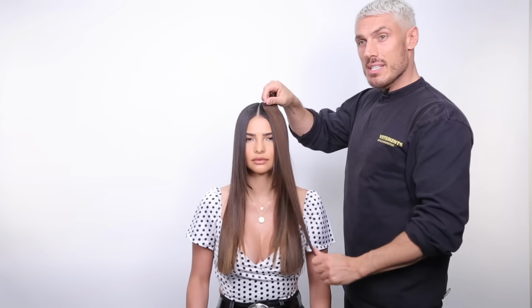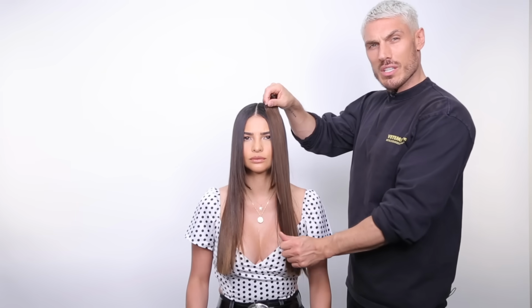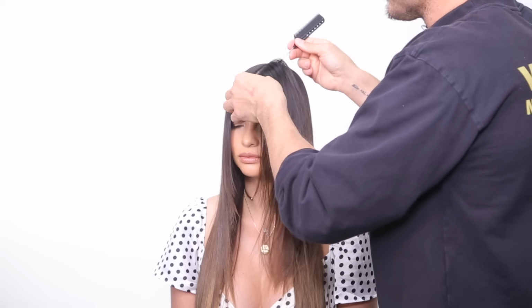So what I always like to do is just use a couple of hair extensions. So I'm going to use these hair extensions from Glam Seamless. They're skin weft, so they sit super flat to the scalp, and I'm going to literally clip in a couple of pieces just at the front just to fill this section out. Can you see how that instantly transforms it into something that looks kind of fuller? So I go right underneath,